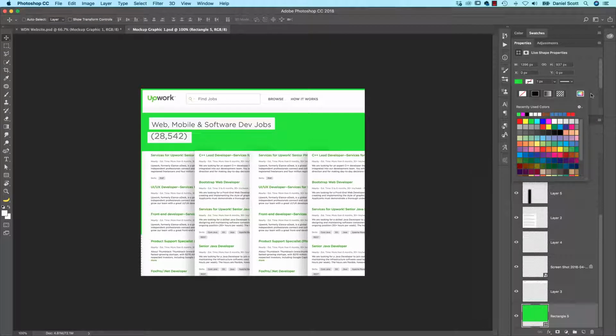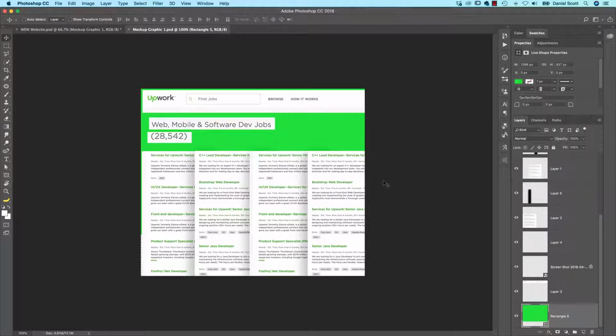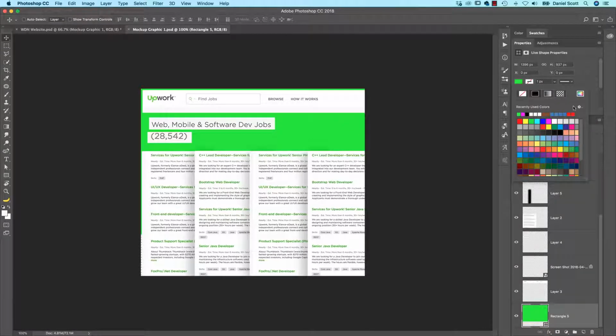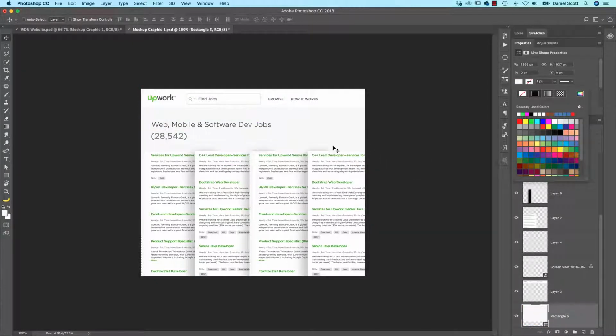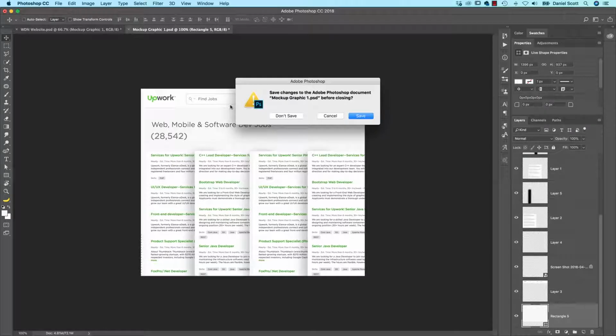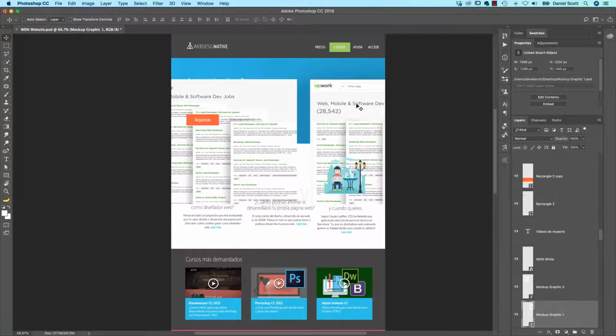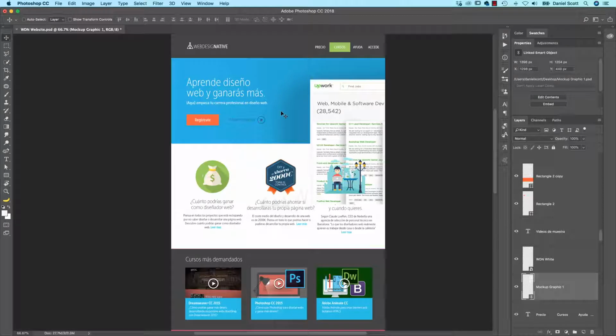I'm going to go back to that color that I had, which I can't remember what it is. Let's just pick, yeah, it was that color. Awesome. Save, close. Yes, please save. And it's updated. So regardless of whether you have it linked or embedded, I'm going to show you a little